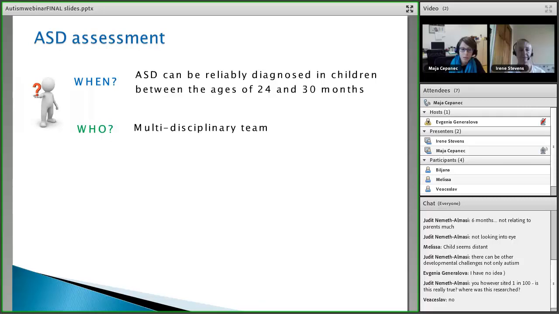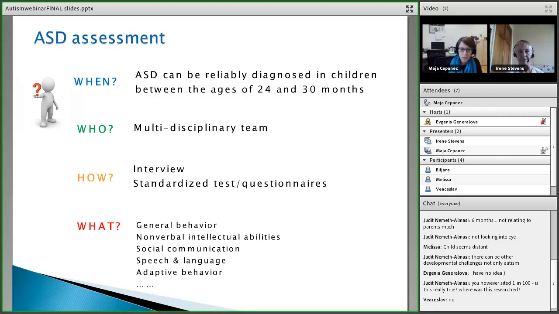Who will do the assessment? Multidisciplinary team that will use standardized tests and questionnaires and interview parents or friends or spouses, depends on the age of child or adolescent or adult. So it will be a normal developmental assessment with some special tests that are specific for the diagnosis of autism,